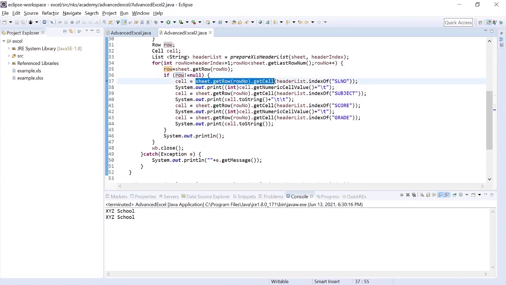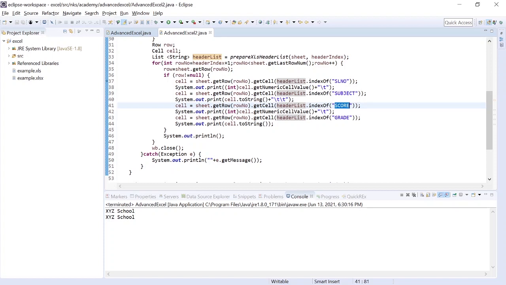How I will print the values is I am going to get the index from the header list itself. This is for the case when subject is moved to the first column and serial number to the second column, or score to the fourth column and grade to the third column. So in the list it will be added according to the occurrence.